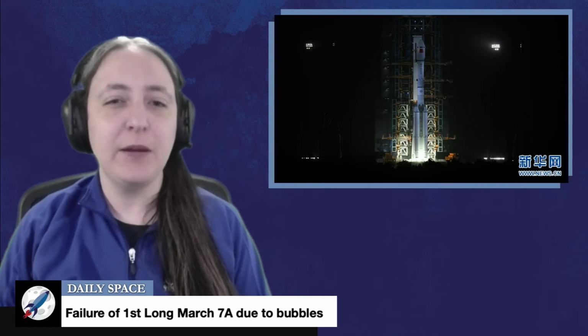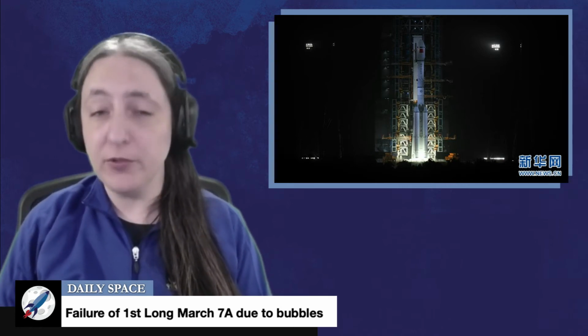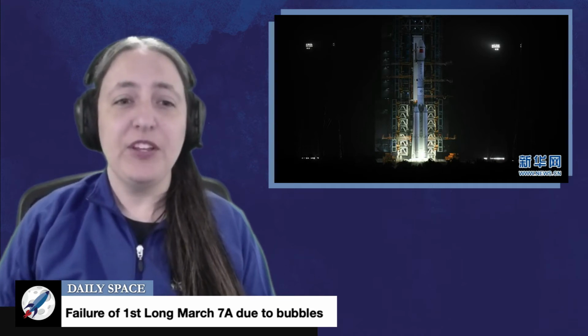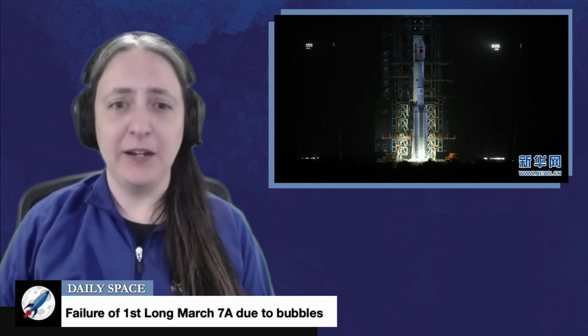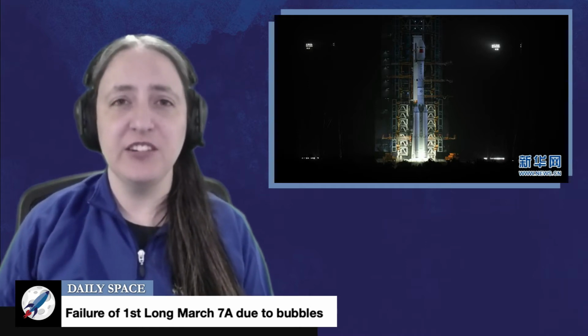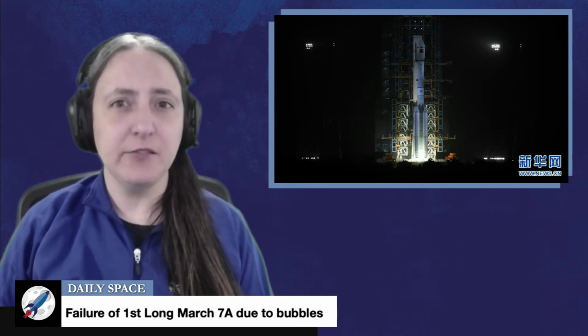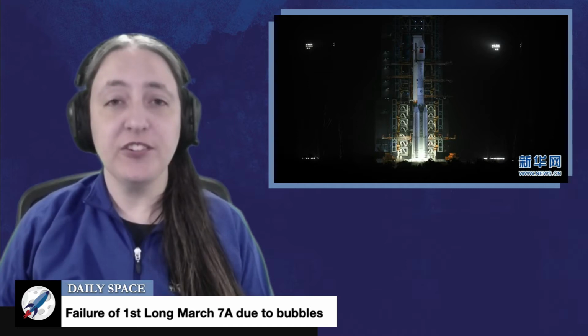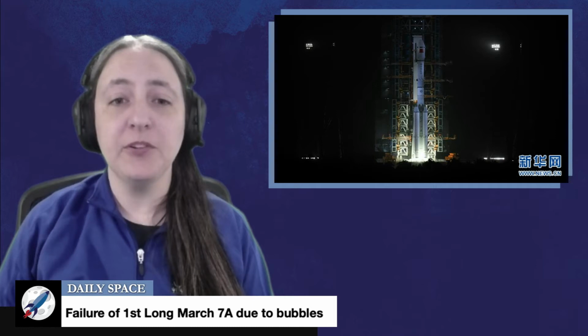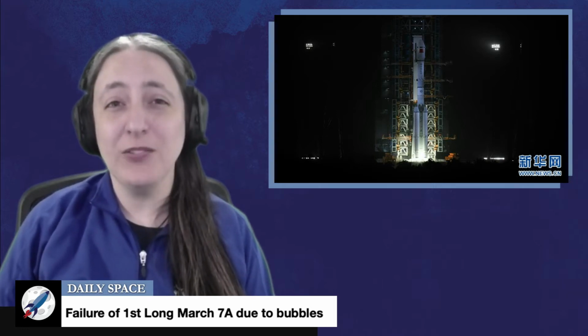Cavitation is a fancy way of saying that the fuel had bubbles in the mix, and these changed how the fuel burned. In this case, it was not in a good way. Those bubbles prevented the usual amount of fuel from reaching the engine. Less fuel means lower thrust. Unfortunately, that lower thrust couldn't be compensated for by the upper stages of the rocket, and it ultimately failed to